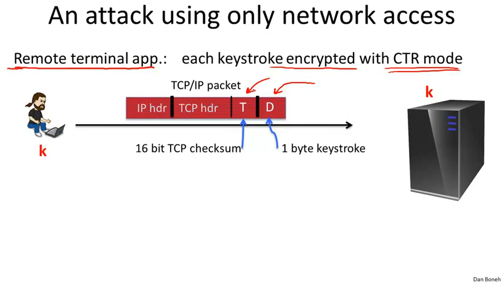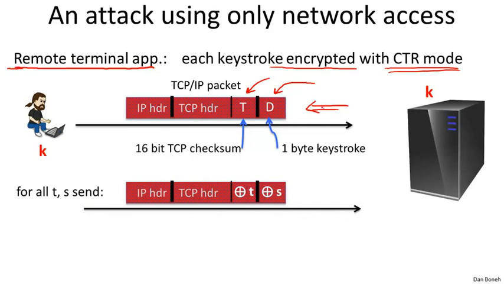So the server, if it receives a packet that has the wrong checksum, it simply drops it on the floor and ignores it. Now the TCP header, including the checksum and the keystroke, all are encrypted using counter mode. Now the attacker wants to learn what the keystroke was, and let me show you what he can do. The attacker is going to intercept this packet, and he's not actually going to modify it. He's going to send it over to the server, but he's going to record the packet. Later on, he's going to modify the packet and send a modified packet over to the server.